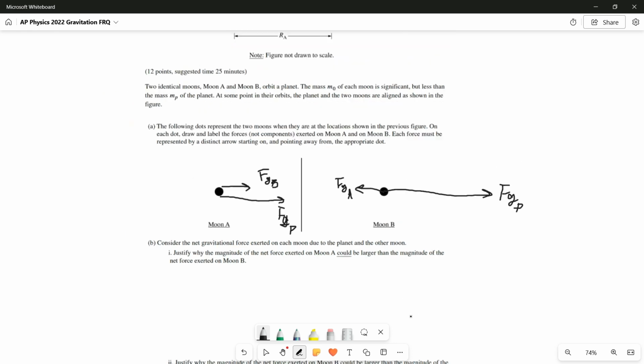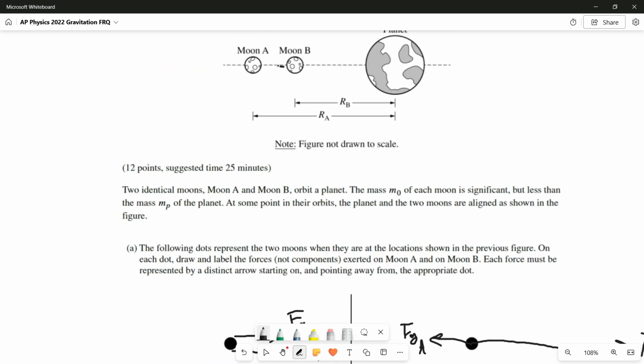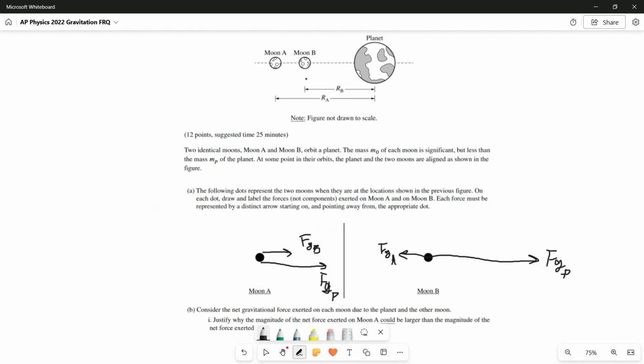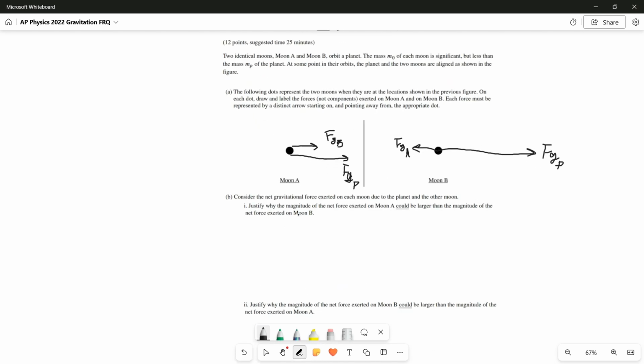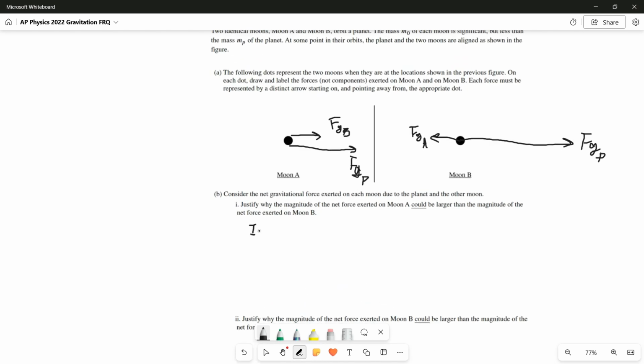Well, the solution is simple. We put these moons super duper close together. And when we put these moons super duper close together, the gravitational attraction will be very large. Okay, so we already know what a potential setup could be now. So we could say that if Moon A is very close to Moon B,